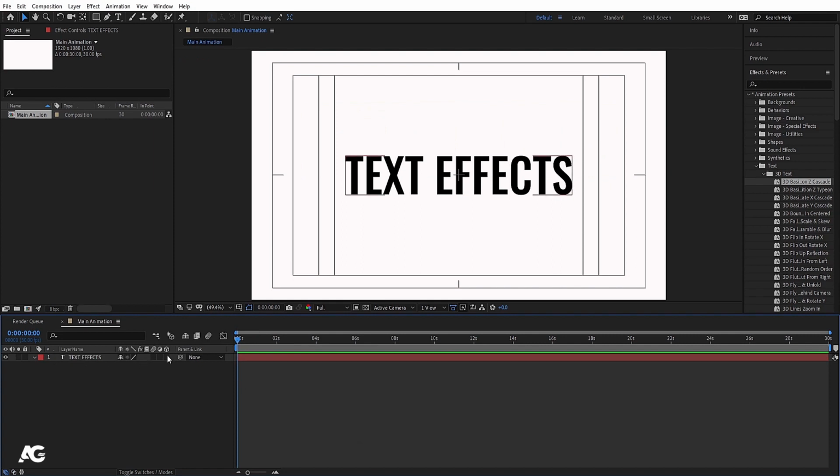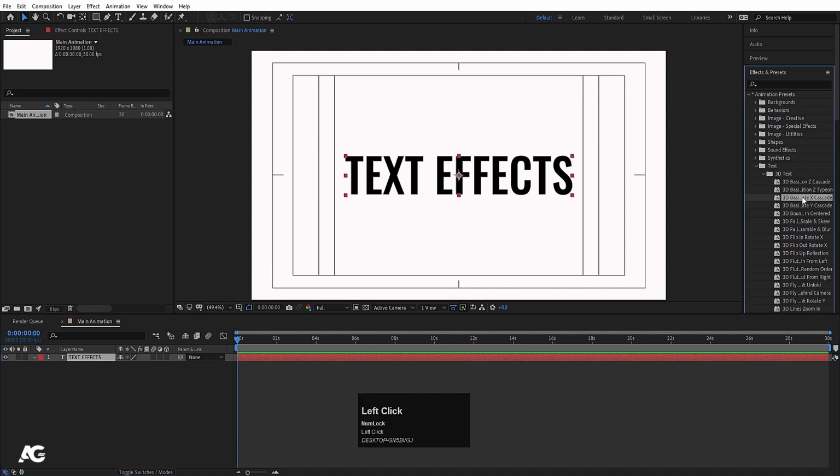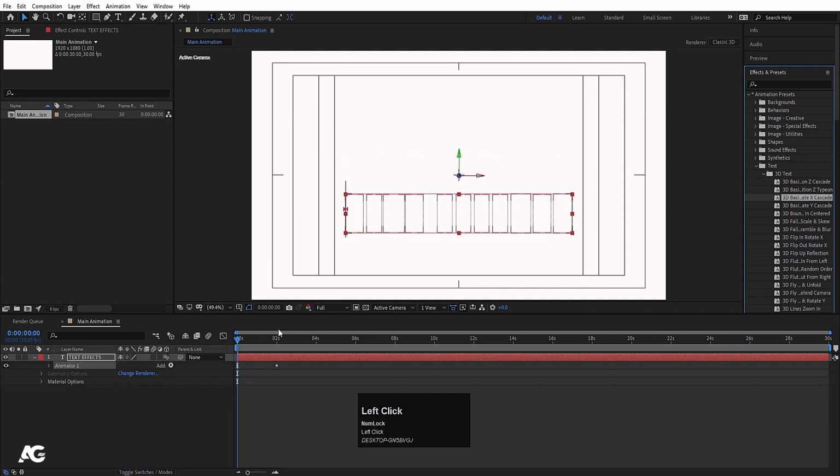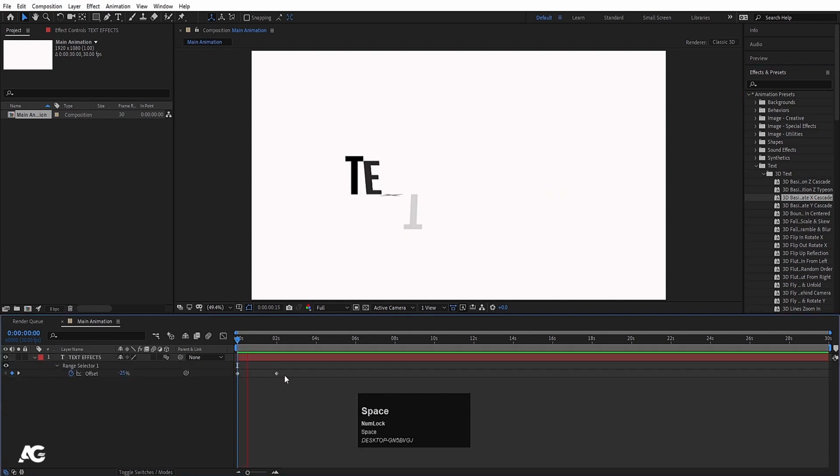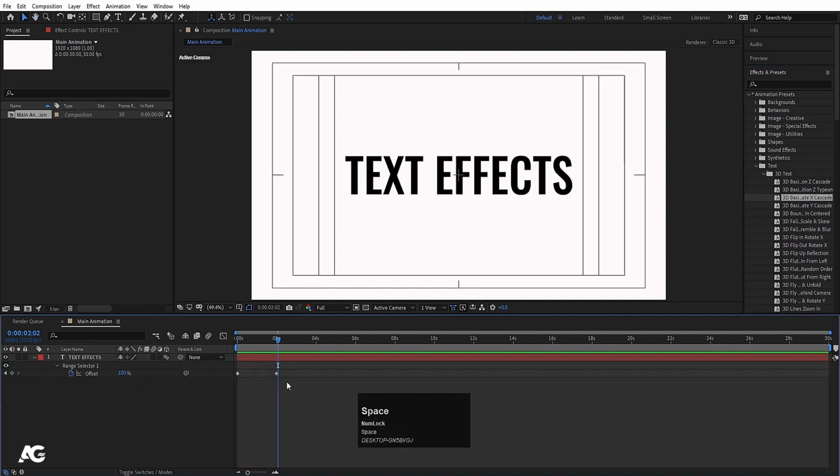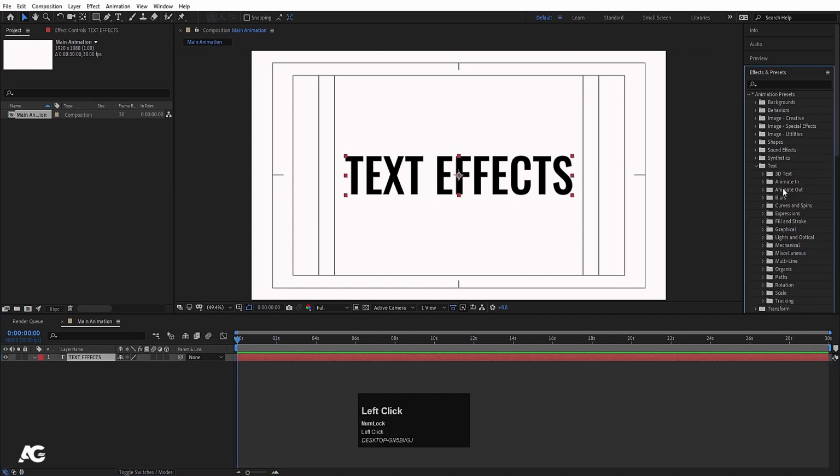As you can see, this is not a 3D layer now, but whenever I select this, as you can see here it is written that it's 3D text. So whenever you apply this on it, as you can see it will convert this layer into 3D. And if you hit U, as you can see we'll get this kind of animations. But this is just one section of it. You will get this many sections. Over here you can choose any